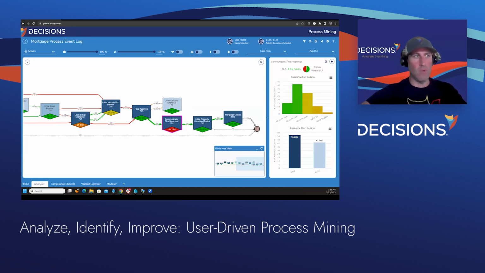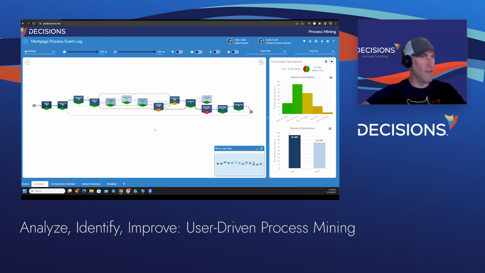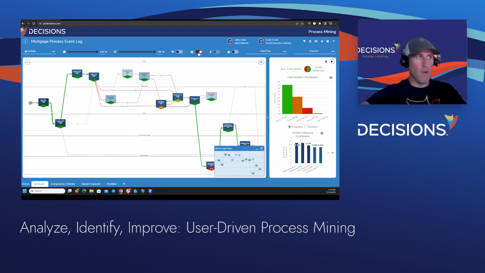Same thing would apply for those handovers as well. A couple other things that I always like to dive into here, and I know I'm going to be short of time and Beth's going to cut me off, but I won't have any hard feelings about it, is looking at swim lanes. What I always like to look at are the different roles in this process and which roles are actually partaking in which activities. Again, this was all drawn out automatically just by importing an event log or connecting to a system like Decisions. By the way, we can also natively connect to Salesforce, Jira, ServiceNow, because they're activity-driven systems.